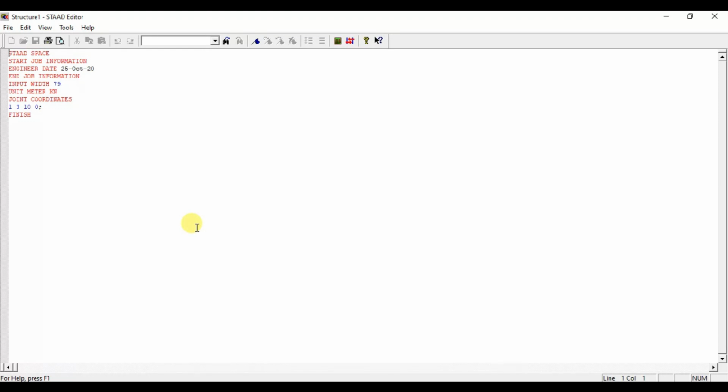If you are familiar with this Start Editor, instead of using the toolbar and entering all the values, you can come directly to the editor mode and enter all the member properties and loading details. This is one important tool in StatPro. Even if you are using the toolbar and entering values, you can come and cross check in the editor mode whether it is correct or not.